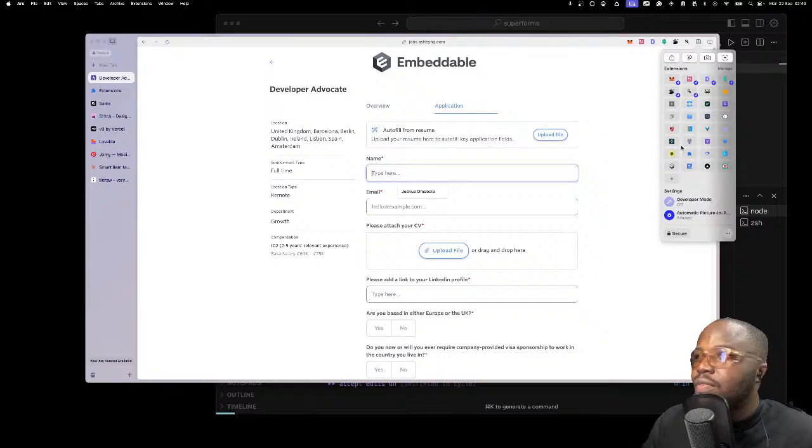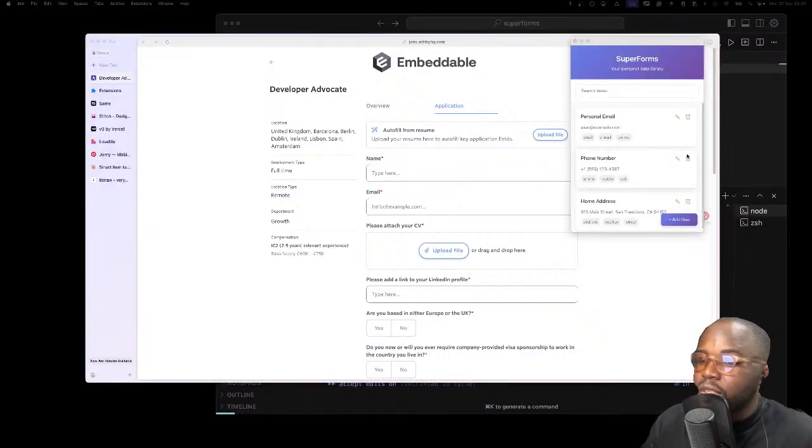Where's our extension? I don't even know what the logo looks like. Is this it? No, it's not. Oh, yeah, it is. Okay. Don't crash.